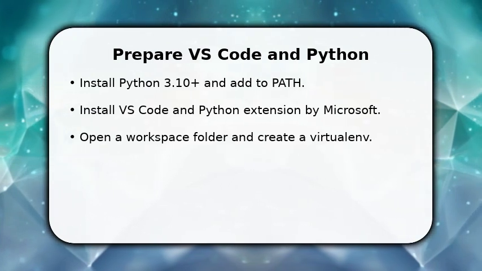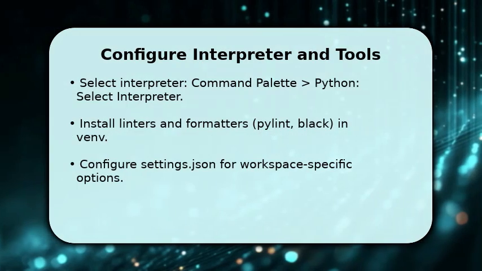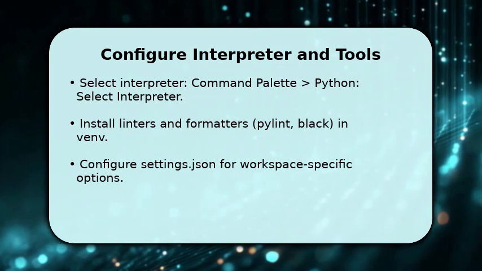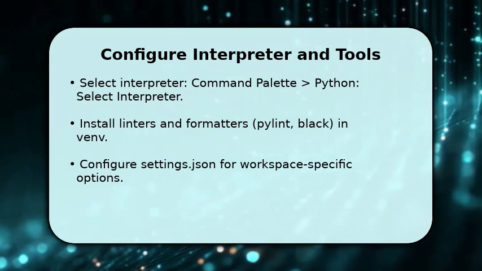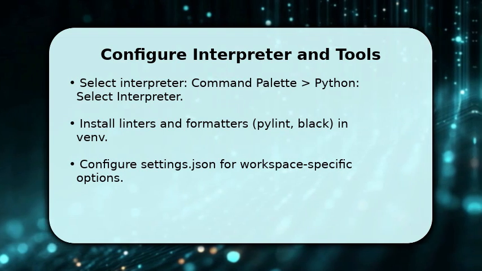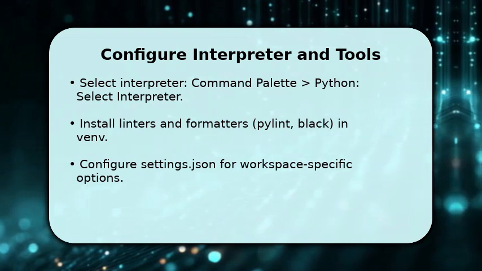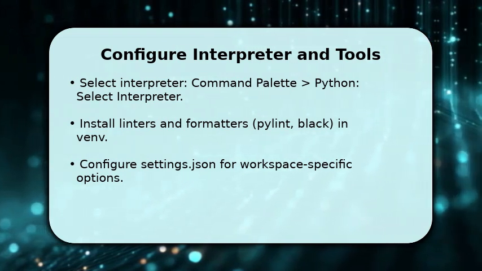You now select the project interpreter using the command palette, Python: Select Interpreter, and pick the venv path. Next, install tools into that environment: pip install pylint black pytest, and enable them in the extension settings so linting